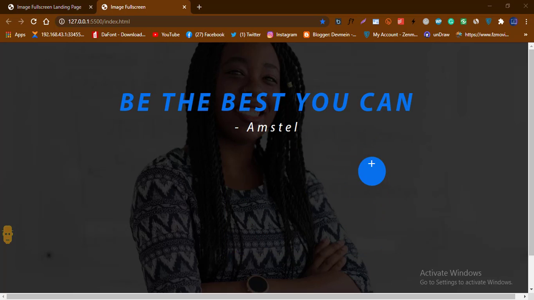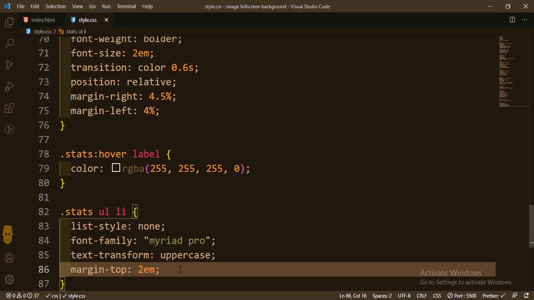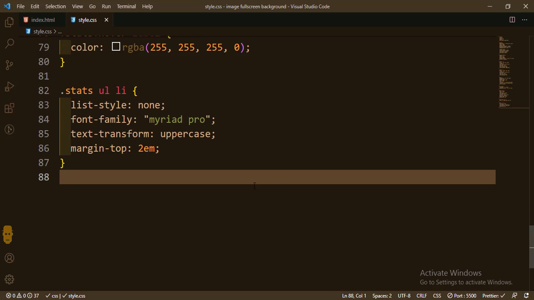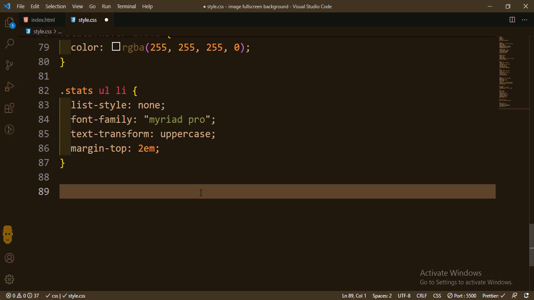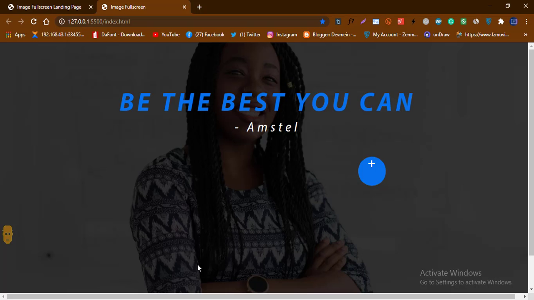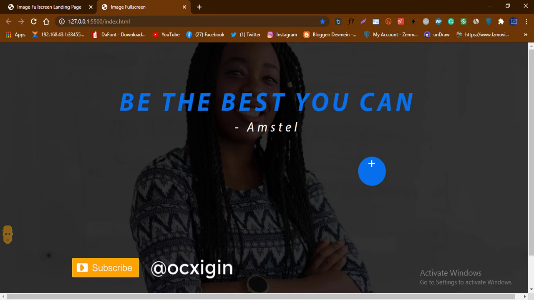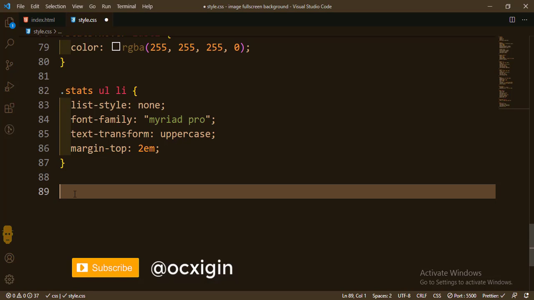Okay, so the next thing I'm going to do is scroll down and just work on our hover state. We want to work on our hover state. Now the next thing to do is that if I click here and I hover over this thing, I want the links to change. So to do that I'm going to come here and just say